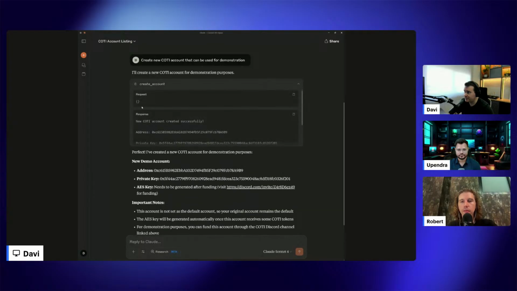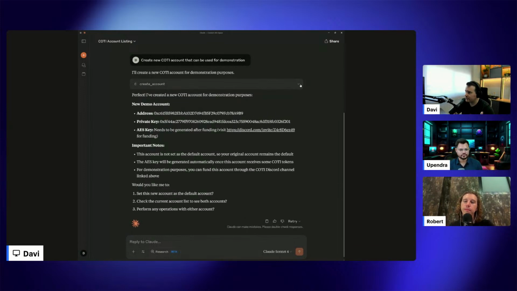Just to show how we can see all the details about the operation, if you want to see exactly the response that we got from the tool, you can expand here and see all this information that I got from the tool directly.